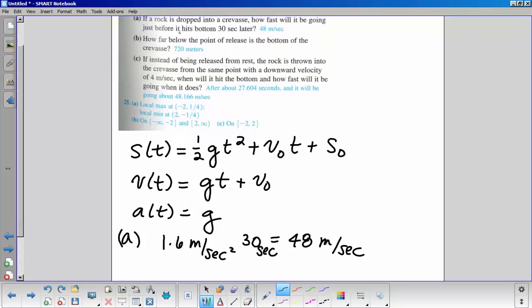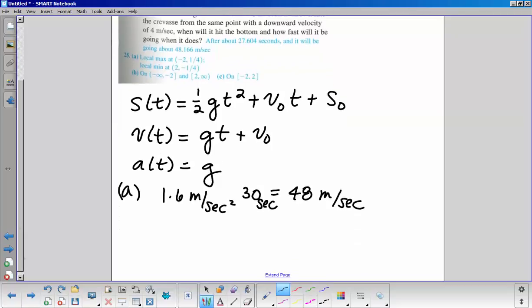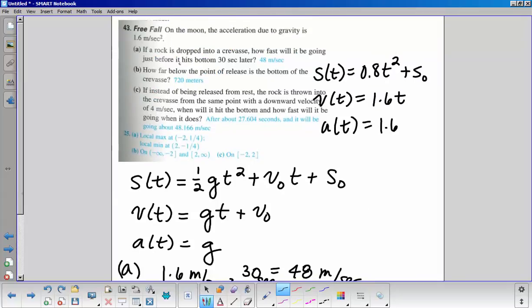Okay, so part B, how far below the point of release is the bottom of the crevice? All right, so let's go back in time a little bit here. I want you to notice that the position function, if you use our formula here, is 1/2 gt squared plus the original velocity times time plus the original position. And we don't know what the original position is. So our free fall equation on the moon is going to look like this. It's going to be S of t equals 0.8, which is half of 1.6, t squared, and I have no original velocity because I'm just dropping it. I'm not giving it any added velocity. So the original is 0,